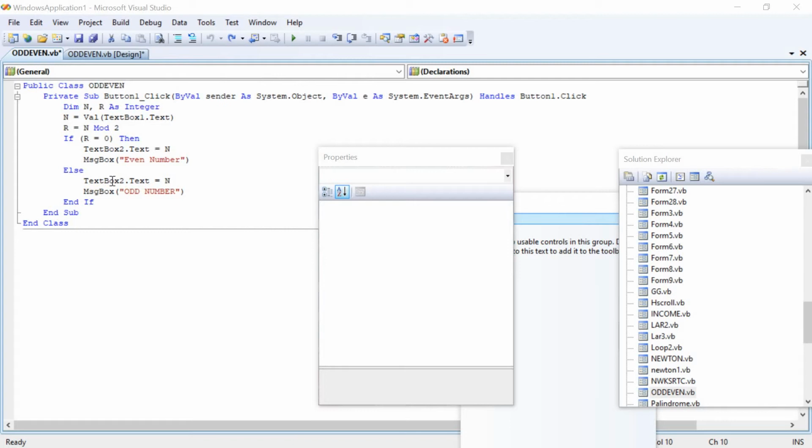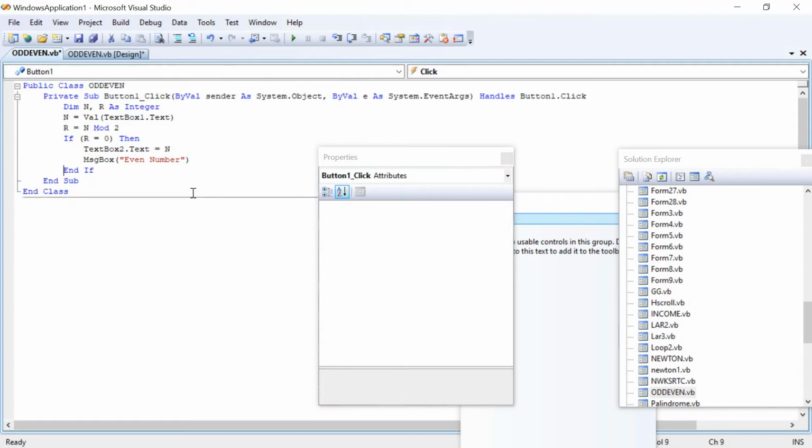Suppose if the else part is removed, then this will become a simple if-then statement. We will have the set of statements, or the block of statements, only for the true part. Let's go for the execution of this one.